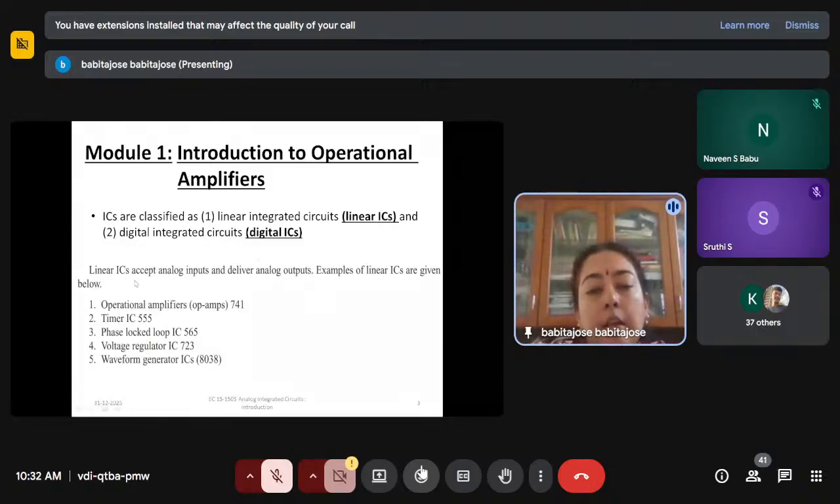Some examples are, the first one is operational amplifier, op amps. In short, we say op amp. Then another IC is the 555 timer IC. This also we will see in the last module. Then PLL IC, phase lock loop, voltage regulator, that is 723 IC, etc. Whereas digital ICs,